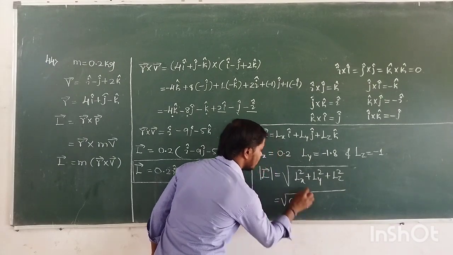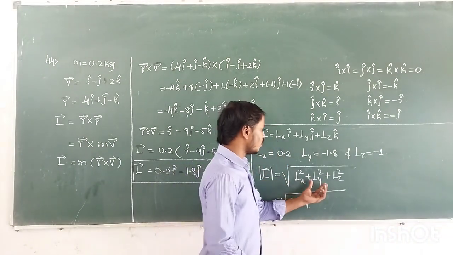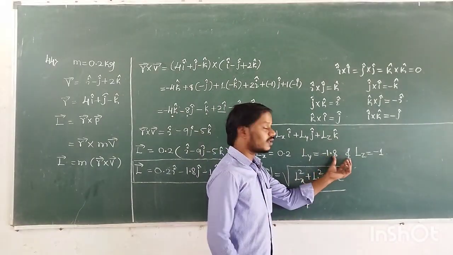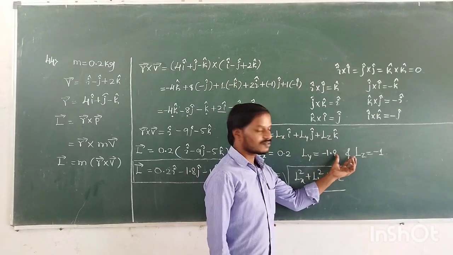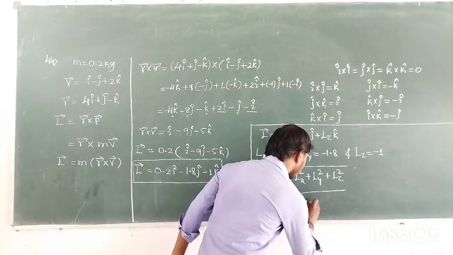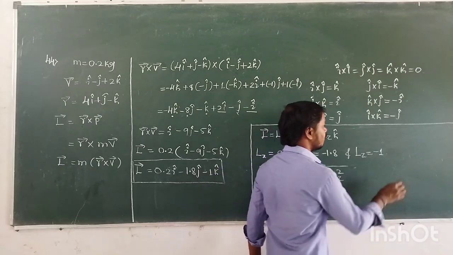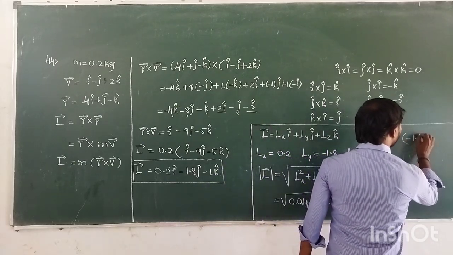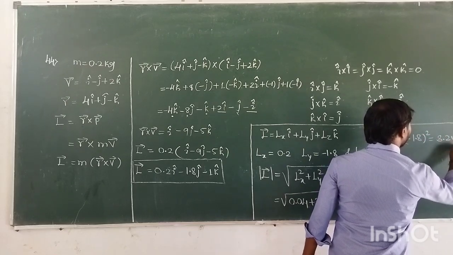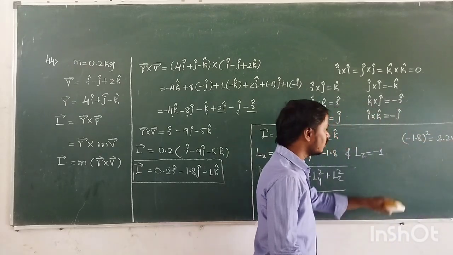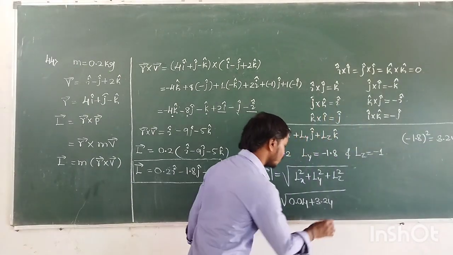Lx square means 0.2 square, that is 0.04. Ly square means minus of 1.8 square. Minus square is plus, but 1.8 square is 3.24. Remember, minus of 1.8 square is nothing but 3.24, because minus square is plus and 1.8 square is 3.24. Plus